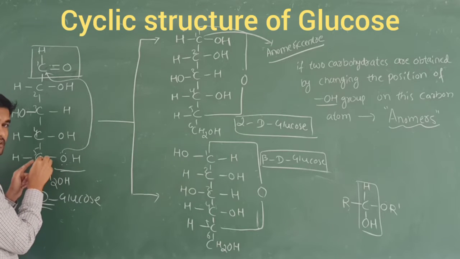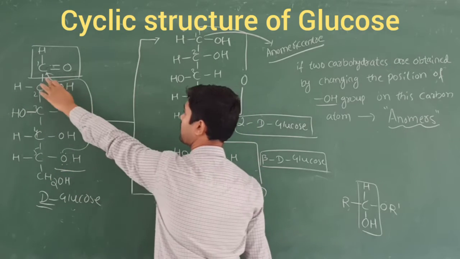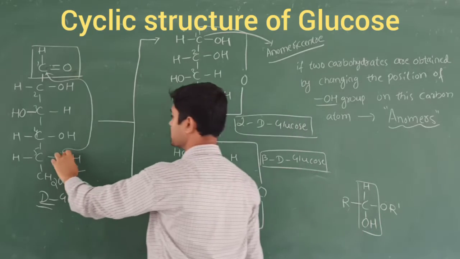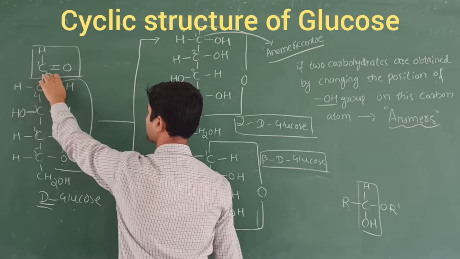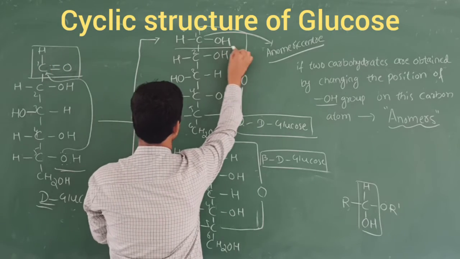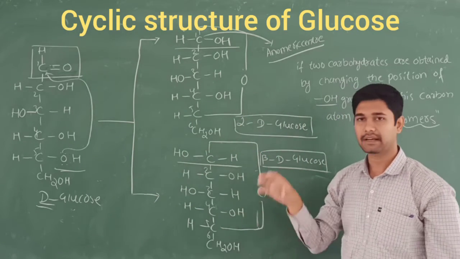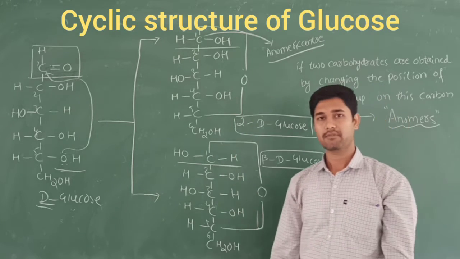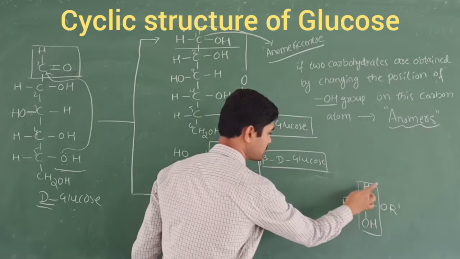To this fifth carbon, the OH group is attached, which is going to attack the carbonyl function of this aldehyde group, as you have seen in the hemiacetal formation. So it makes a new bond with this carbon function. Now the CHO unit converts into CHOH. The OH group at the fifth carbon acts as the alcohol, which reacts with the carbonyl group of this aldehyde.